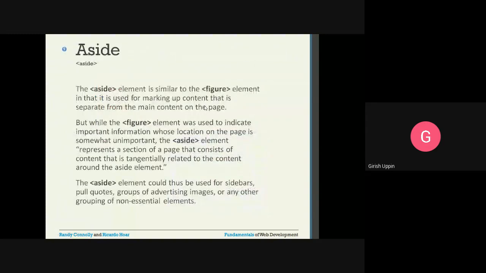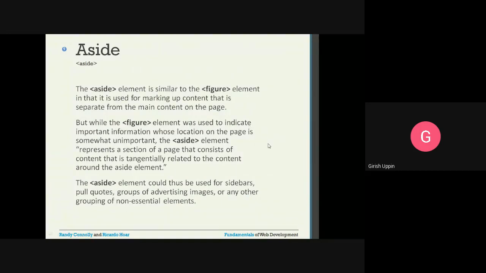Aside. The aside element is similar to the figure element in that it is used for marking up content that is separate from the main content on the page. As the name suggests, whatever content is on the main page, if you want to have something apart from that main content, you can use the aside.